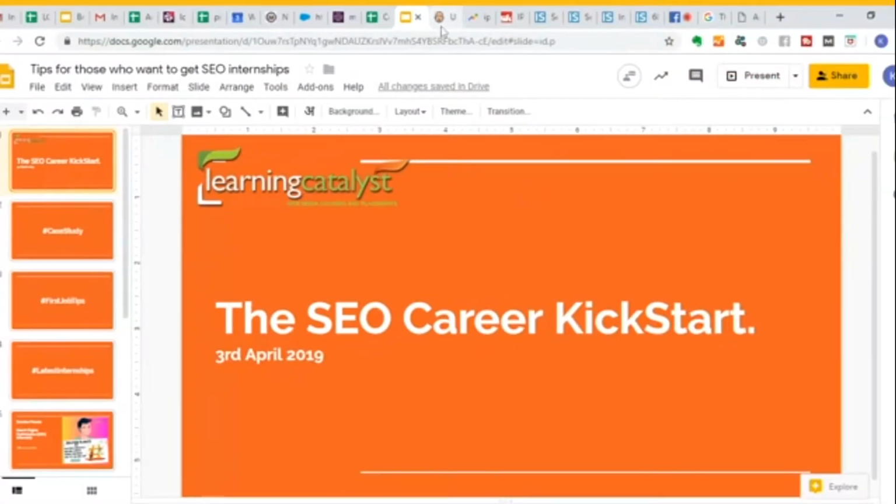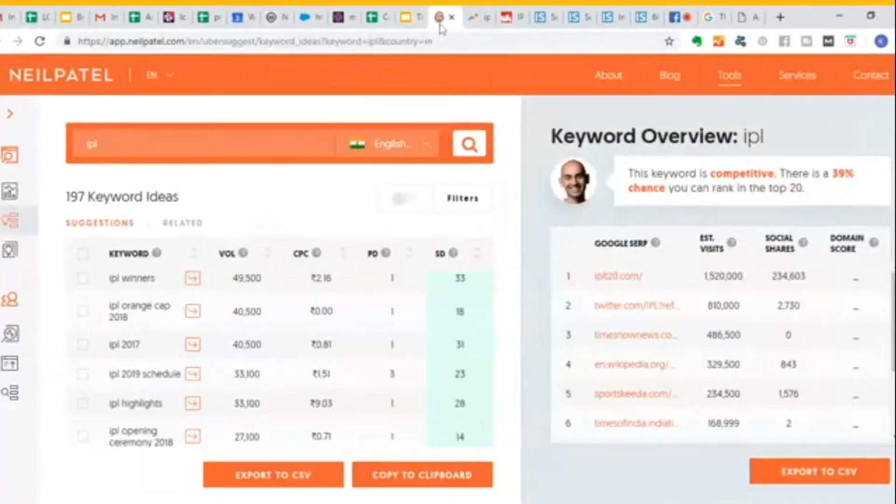The first thing is that we thought we'll cover it being the IPL season, right? So let's look at some of the keyword trends around IPL, right? So what you're seeing right now